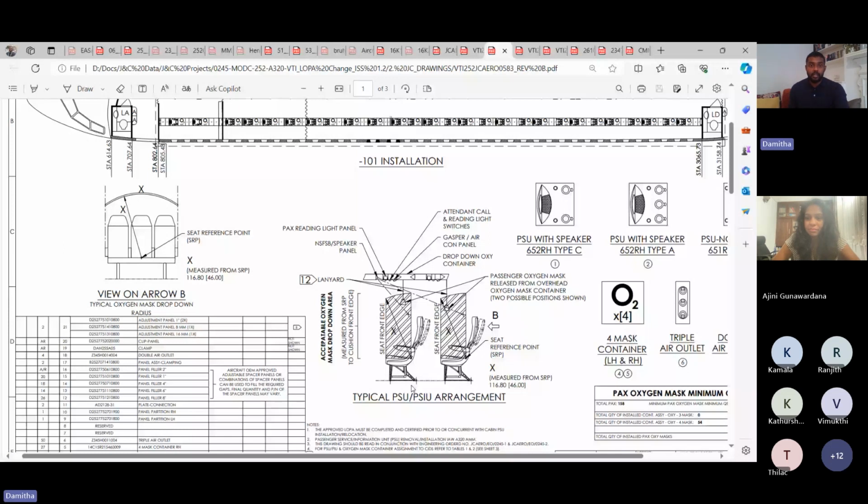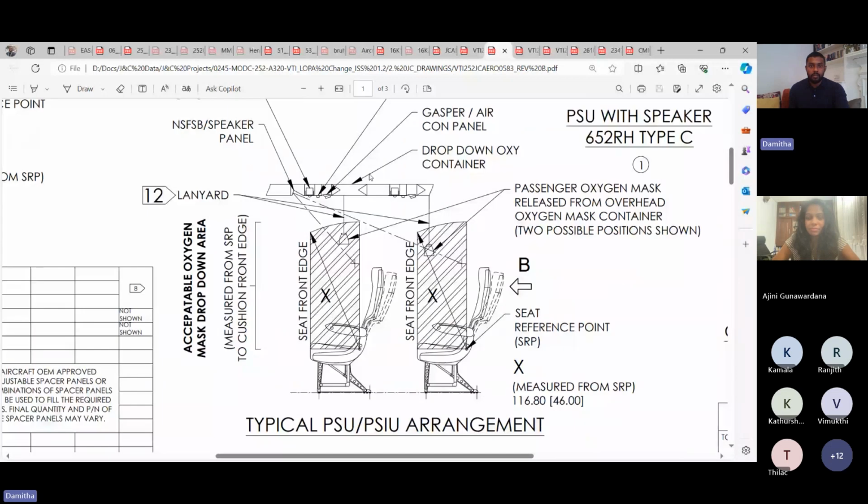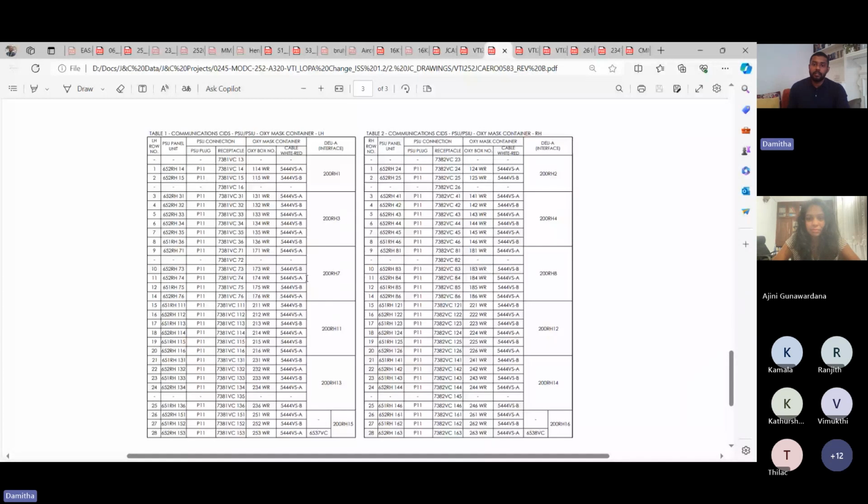And this is the passenger service unit layout I was talking about. This is the zone where the mask should fall. So when you do a seating change like this, you need to make sure that all passengers have access to these oxygen masks in case of an emergency. And then this is the electrical side of things that I told you you need to have a little bit of an idea about. You need to plug in the correct connectors everywhere, because it's not just a mechanical